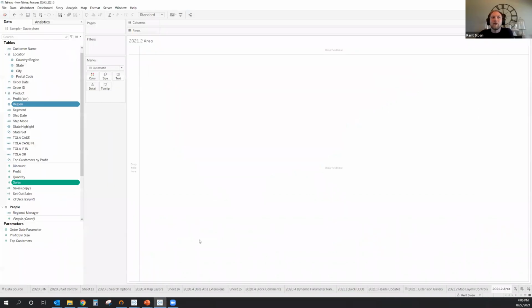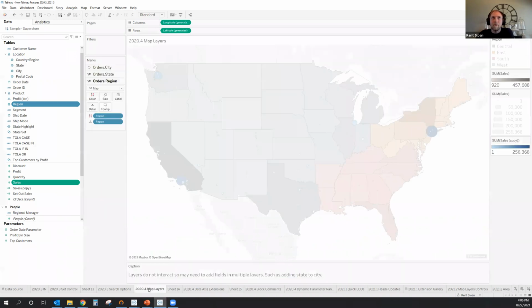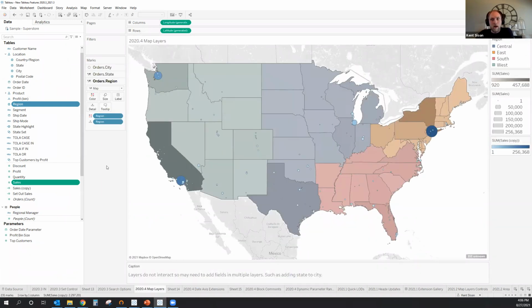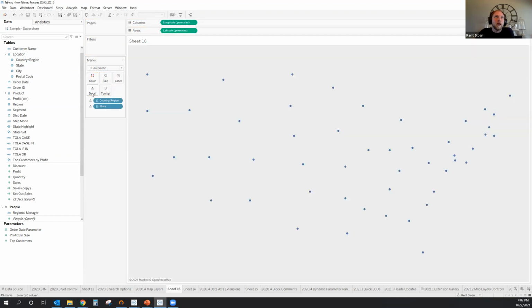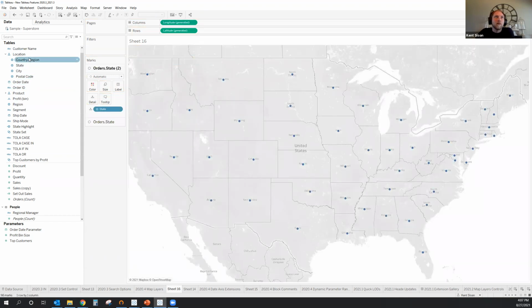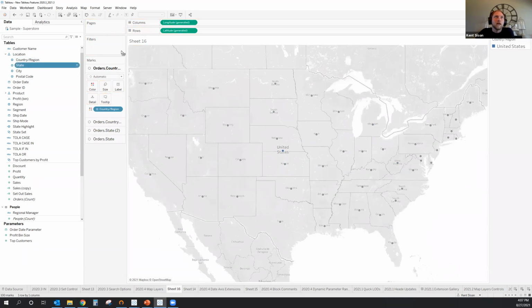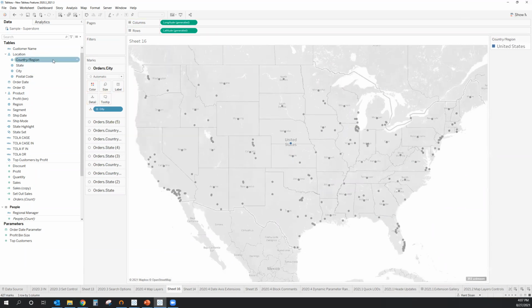Yeah, that is a reasonable question, like, where do they stop me? At this point in time, I'm not aware of a hard limit. It's just going to get slower eventually, but I haven't seen an explicit limit placed on you. So even if I were to drop region on detail, well, that's a bad one, state to detail, if I just keep dragging this one in here, I can try and see if I can break it on the call. But as far as I'm aware, there is not an inherent limit built, or if there is, it's high enough that you probably shouldn't go past it.